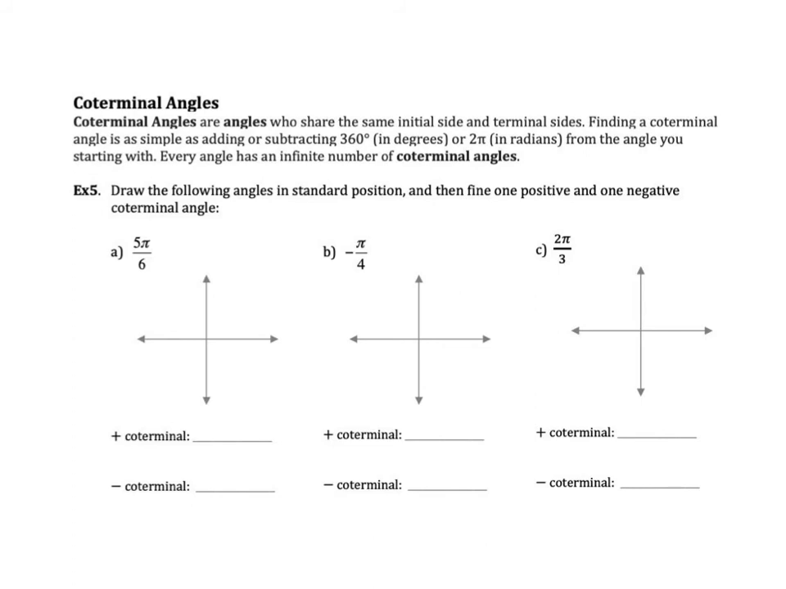Okay, so coterminal angles, we talked a little bit about this at the beginning of the lesson. Recall that coterminal angles are angles that share the same initial side and terminal side. So they must both share the same initial side and the terminal side. Finding a coterminal angle is as simple as adding or subtracting 360 degrees, or adding or subtracting 2 pi radians. I showed you that at the beginning when we were talking about the infinite number of coterminal